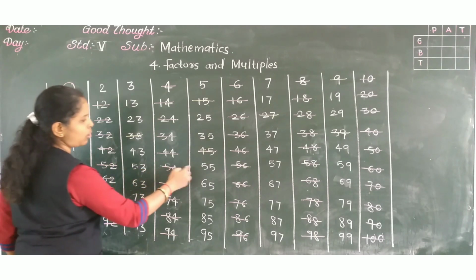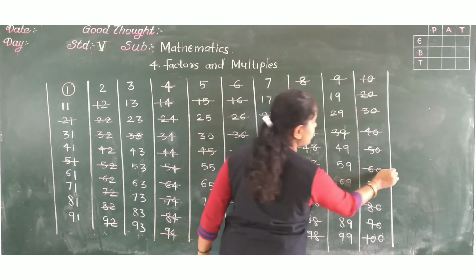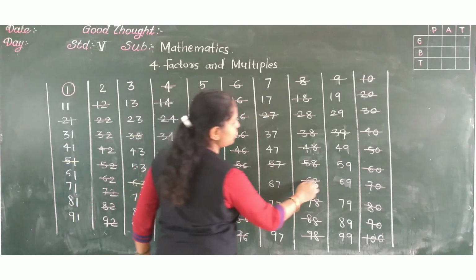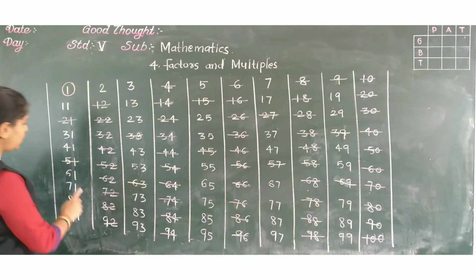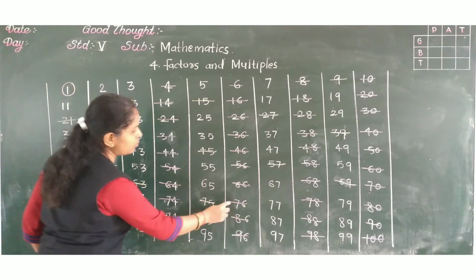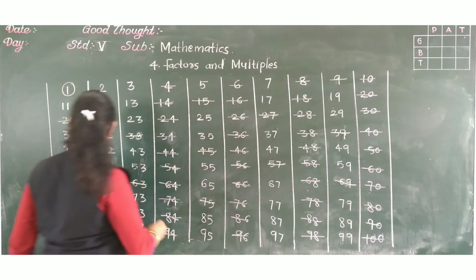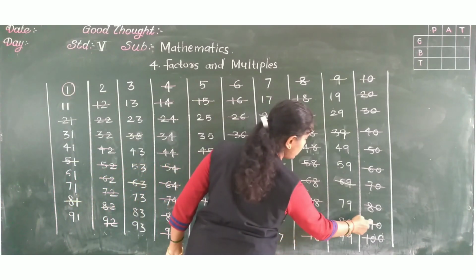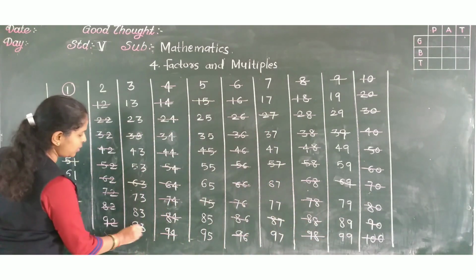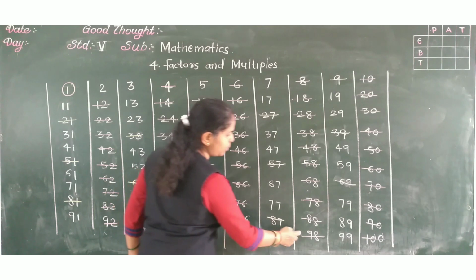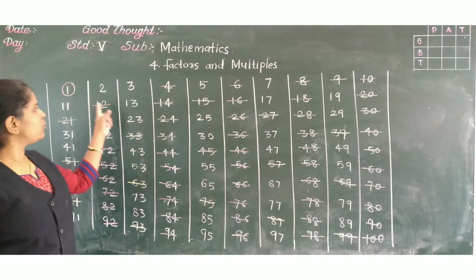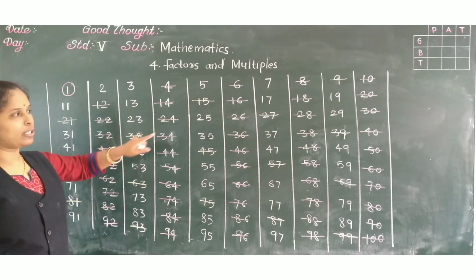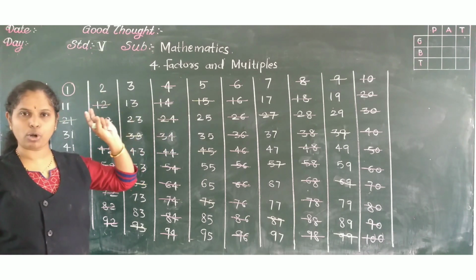We keep counting in steps of 3, crossing out, and some are already crossed. Now all numbers which are divisible by 3 are crossed out, and those divisible by 2 are also crossed out.